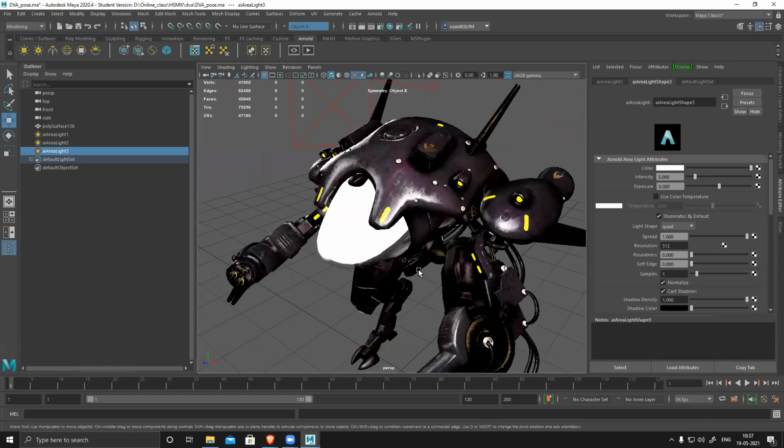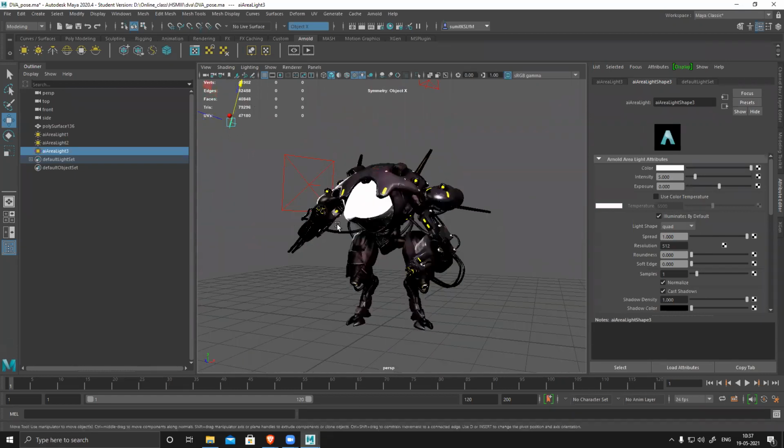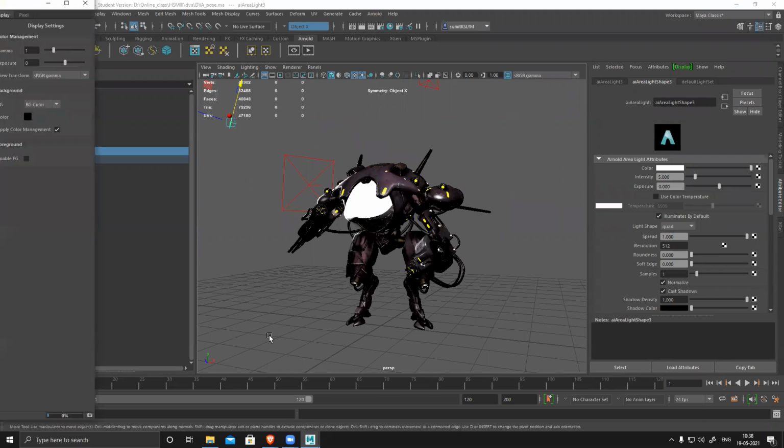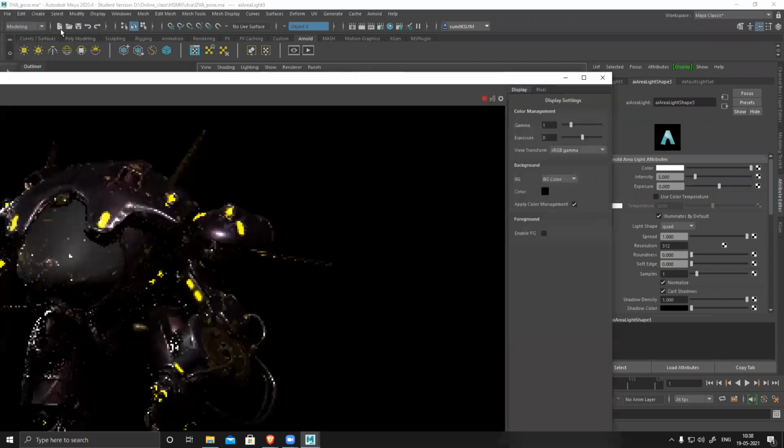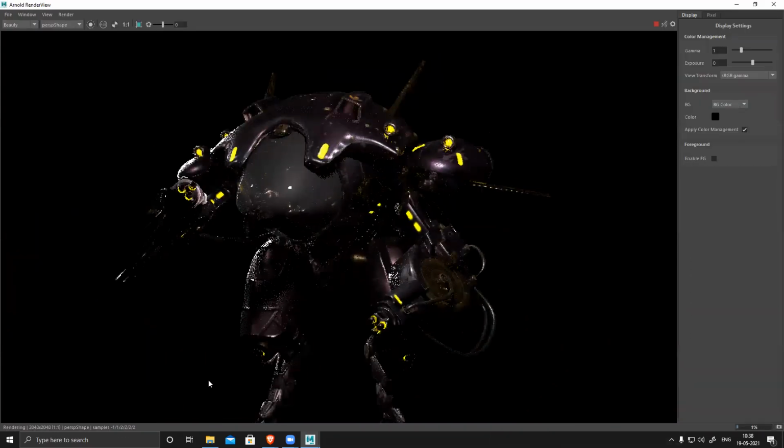Now, if I render it out, I have to click either these or go to Arnold, click on this render. Based on the camera, like your viewport, it will start rendering. It will open a new window, but keep one thing in mind. This is a production process of rendering and it's slow, it takes a lot of time to render.